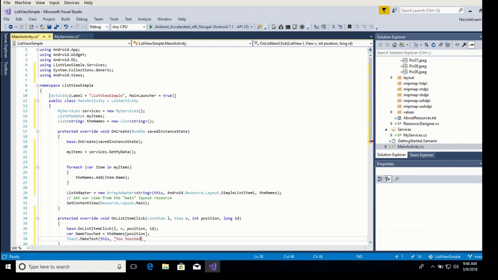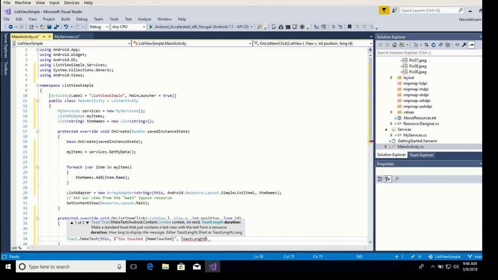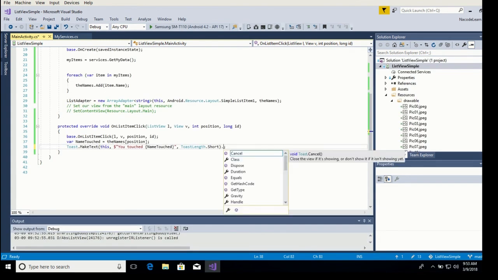You touched, let's use this little trick. You touched, and then the name that it was touched was the name touched. We close it, and we give it a length. Toast length, let's make it short. And we want it to show